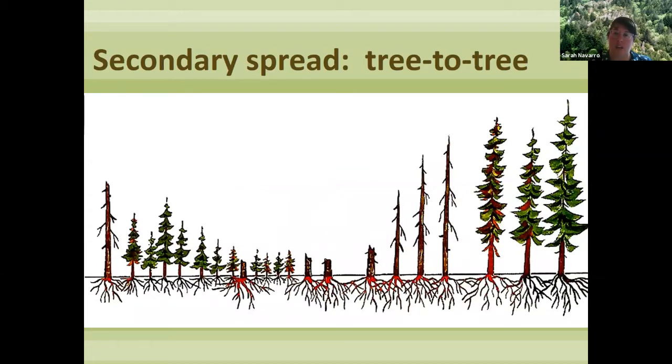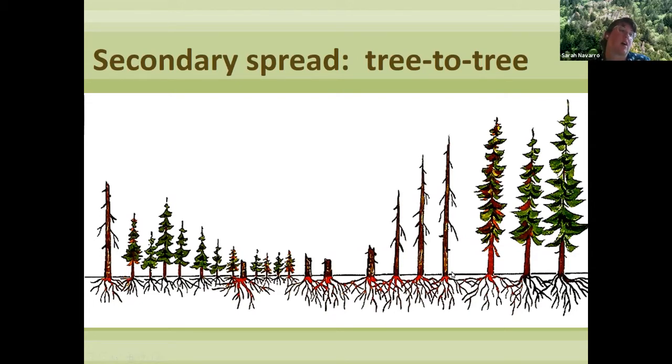The secondary spread of root diseases is from tree-to-tree contact underground. When trees are large enough, their roots tend to touch, and so the fungus is able to travel in that underground network of tree roots, going from the root disease center that we see in the very center of the photo, the infected stump, and then slowly going out to trees that will then die, as we see to the right side of the photo,